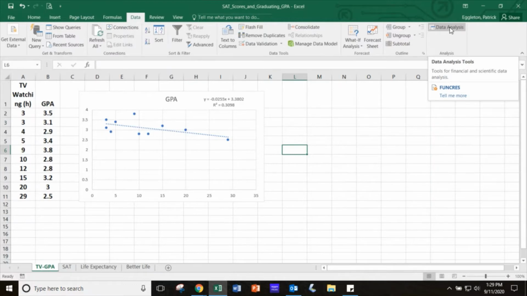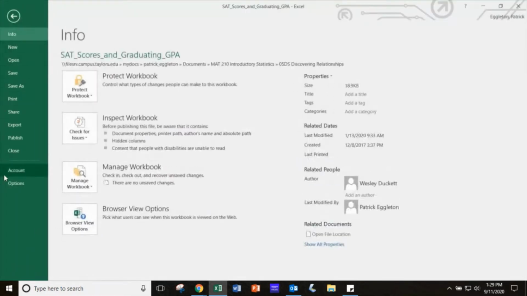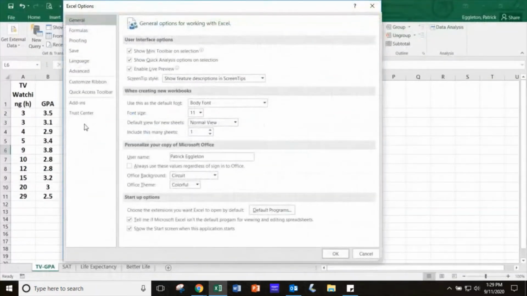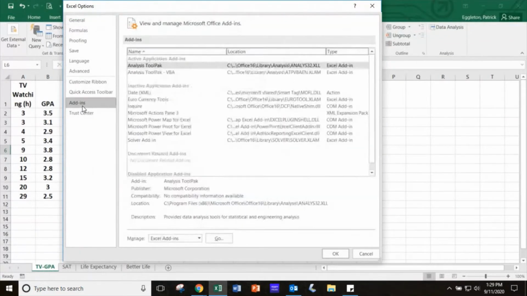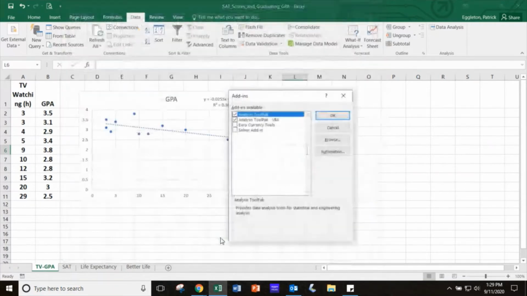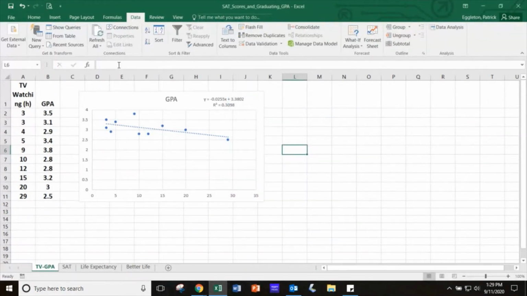This is a tool that sometimes has to be added into Microsoft Excel. So if you don't have it, you want to go under File and go to the options. And we're doing an add-in. So you go to the add-ins, and you'll see this Analysis ToolPak. That's what we're looking for. You come down here to manage Excel add-ins and you can go. And you'll see that I have ticked the boxes for Analysis ToolPak and Analysis ToolPak VBA. Those are the ones that allow me to see this data analysis tool. So make sure you've got those boxes checked off, and then you should be able to see this tool in